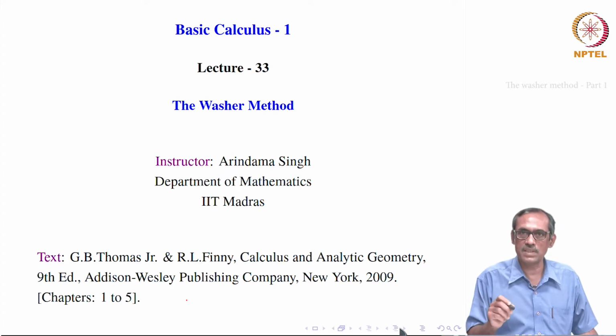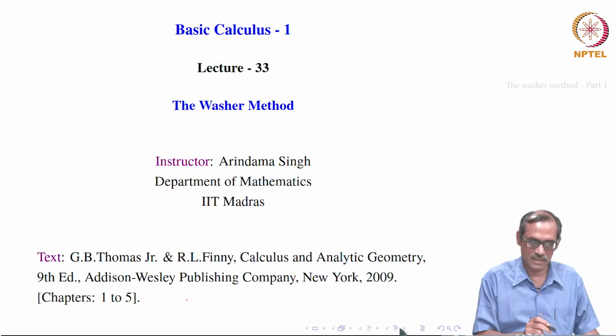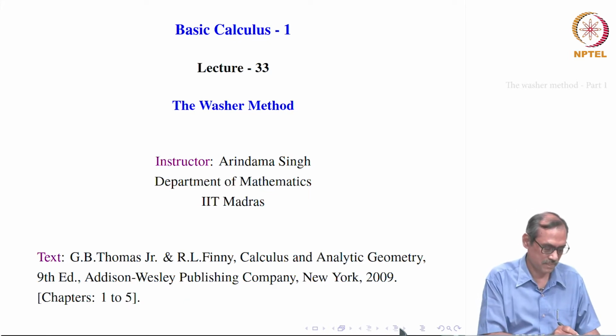In this disk method, when you apply it, our condition is that the axis of revolution should be bordering the region which is being revolved to get the solid. Suppose the line which is the axis of revolution is not bordering it or even not crossing it, then what to do? Today we will be discussing that, and that is called the washer method.